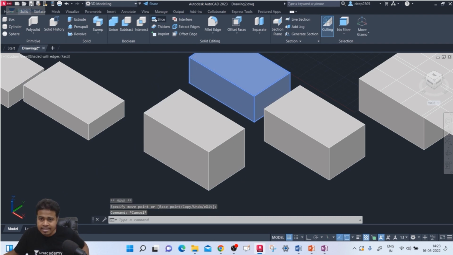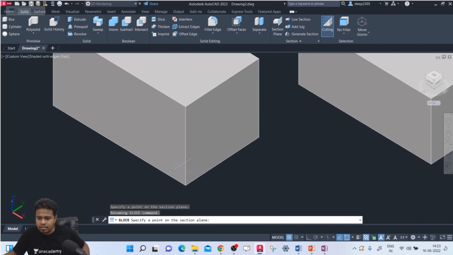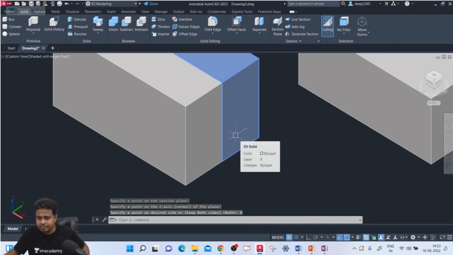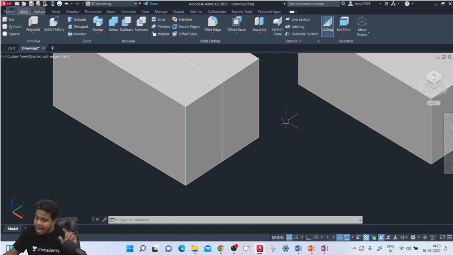Go to slice again, select this object, enter. Okay, go to z-axis. Now select a point on the section plane. Suppose if I select a plane here, this is the first point. Now this is my second point. Keep both side. You can see that I selected this point first and then this point. So this will become z-axis now. This will become z-axis and